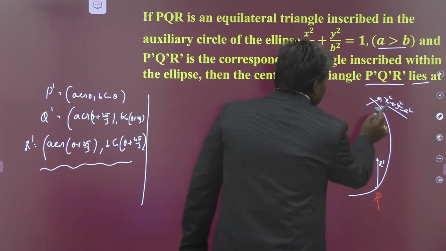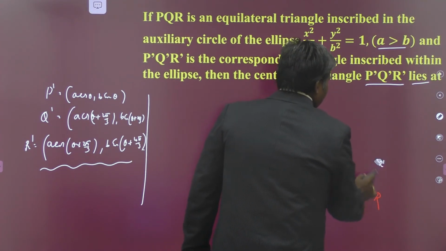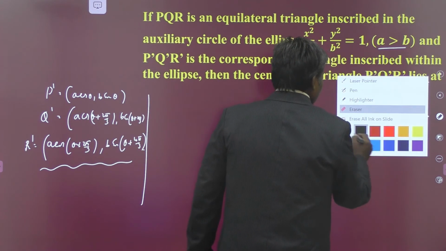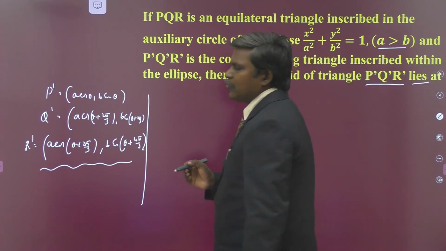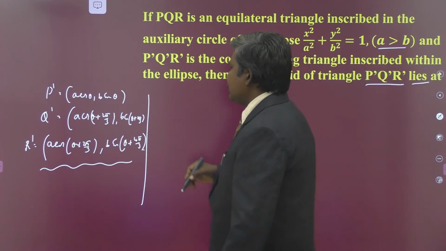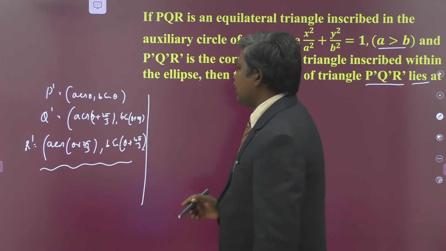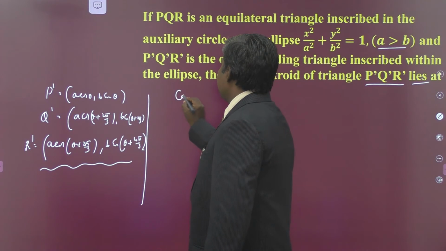So the only simplification part is there. Now we are going to find out the centroid. G is nothing but (x1 plus x2 plus x3)/3, (y1 plus y2 plus y3)/3. Now consider